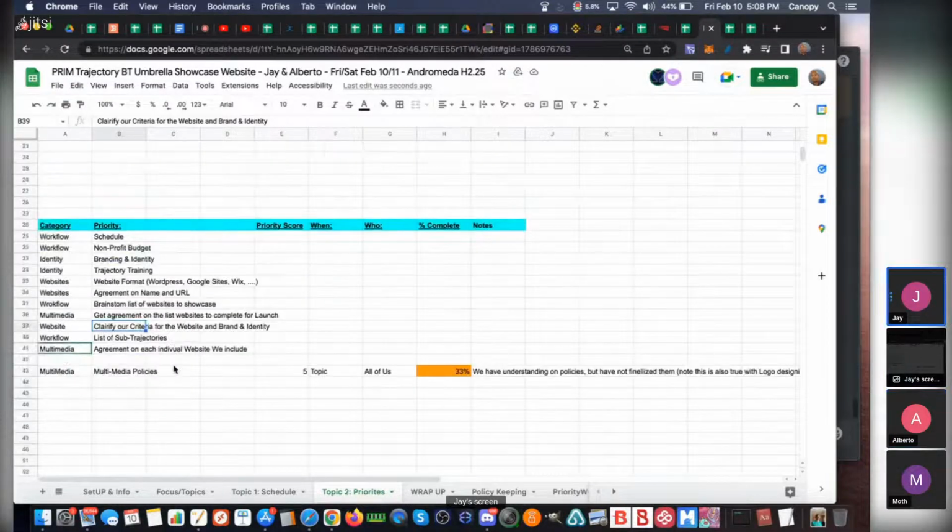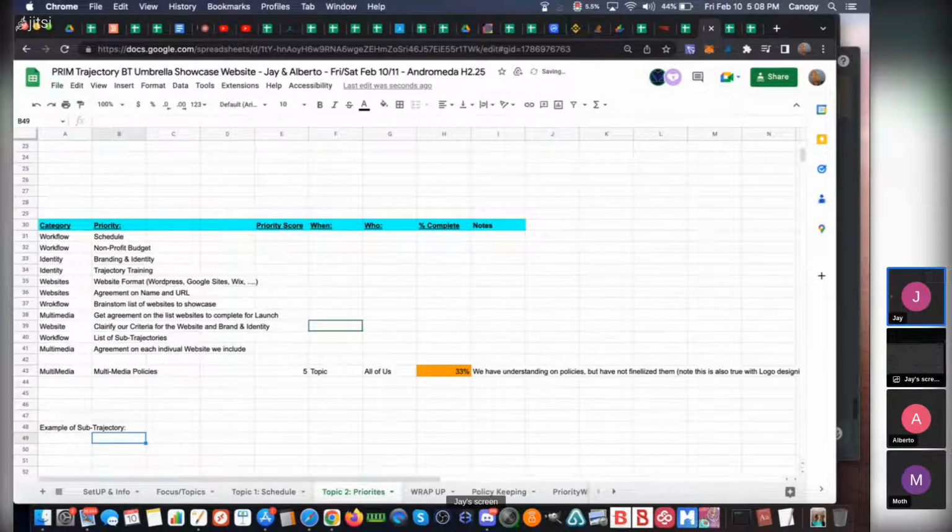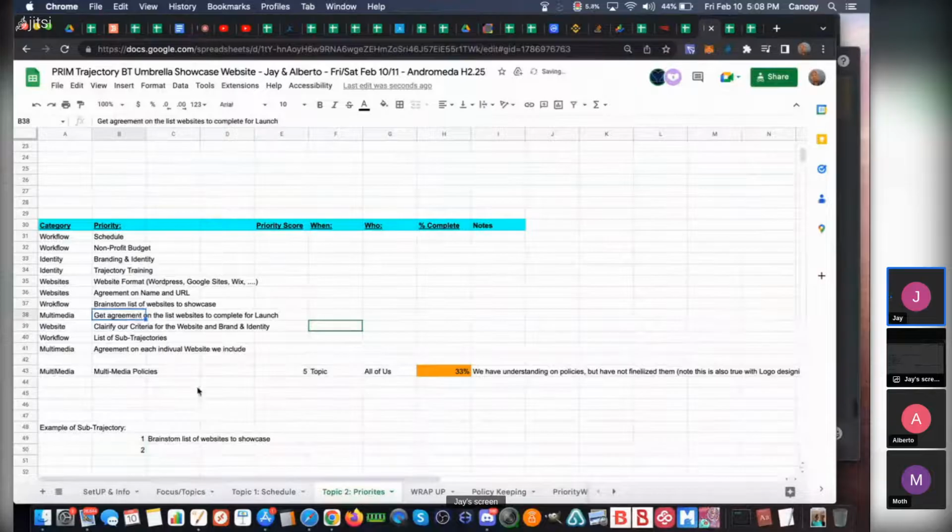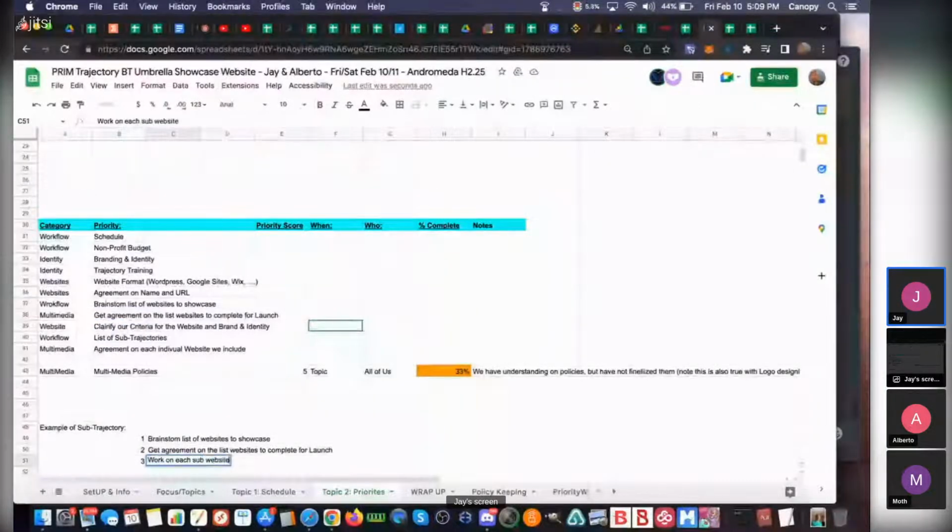Yeah, so that would be the example of a trajectory, right? An example of a sub trajectory. Step 1 is brainstorm the list. Step 2 is prioritize and get agreement on the list. Step 3 is work on each sub website.